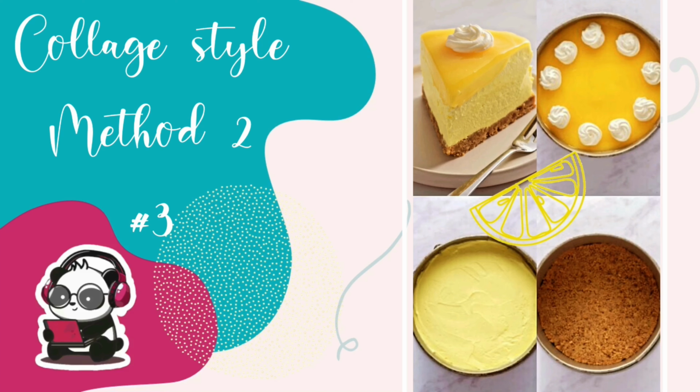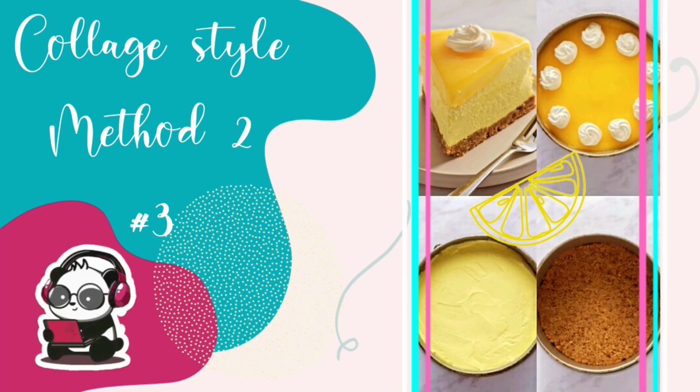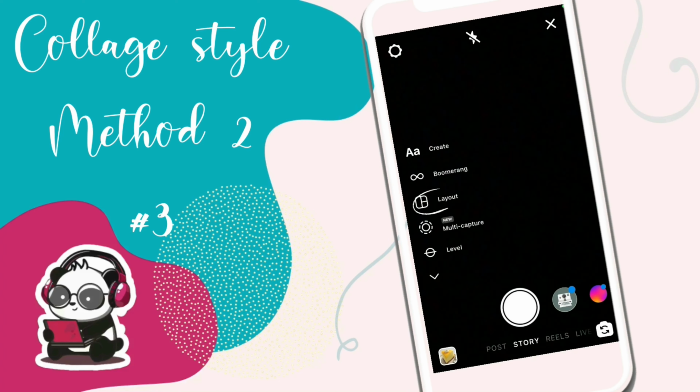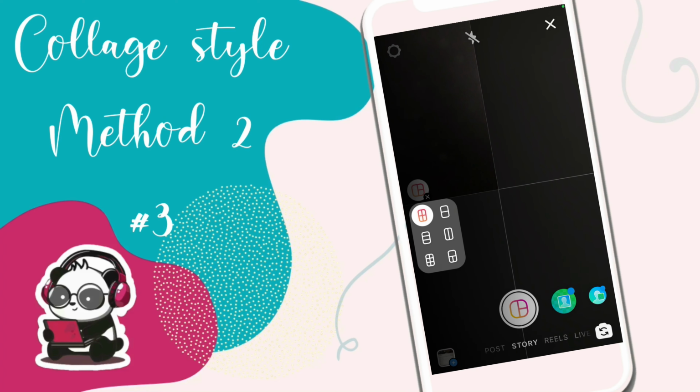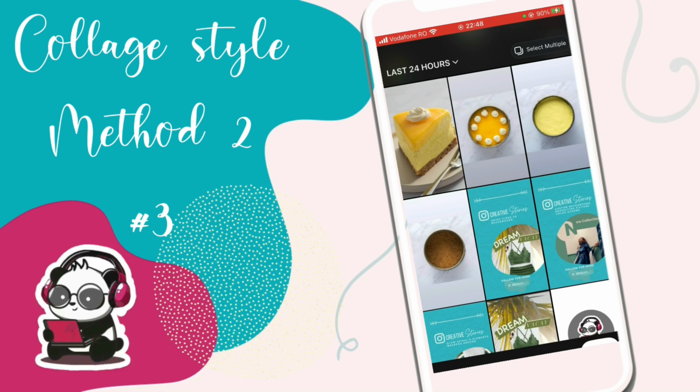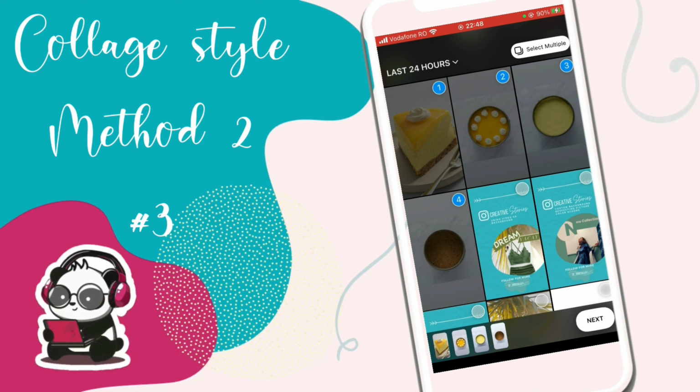There is also another way to create Instagram collages with the Instagram built-in option called layouts, but this works only with images. I will show you how it works next. So you go and select the layout option from the menu, choose the type of grid you want. There are 6 options in total. Then you select your images,